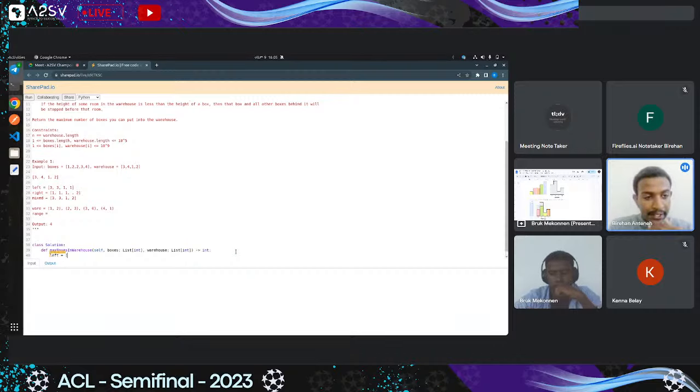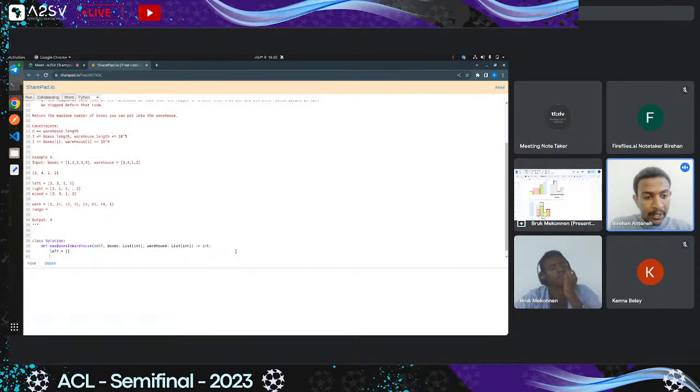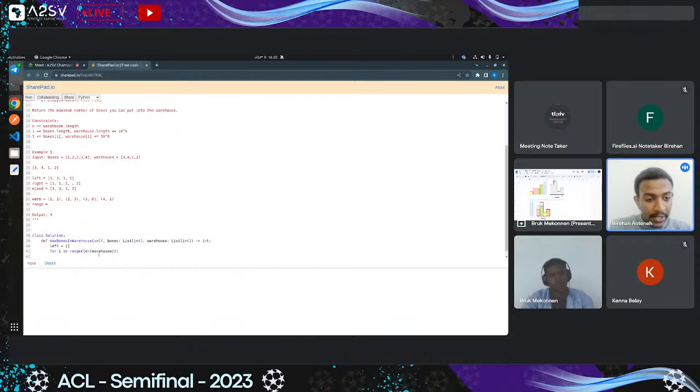So let's have left in here, right? So for i in range, length of warehouses. So the first value is going to be itself, right? So warehouses at an index of 0, right? So what I want to try to do is from the first one,